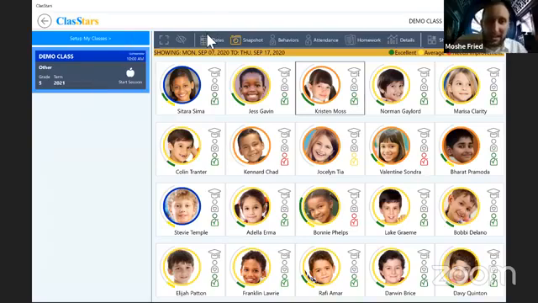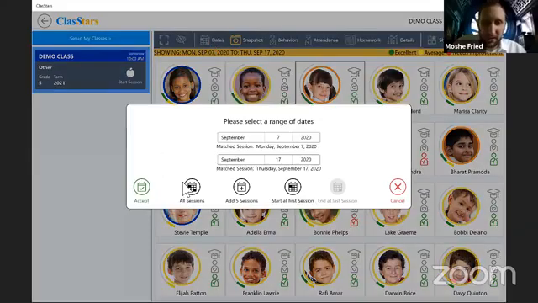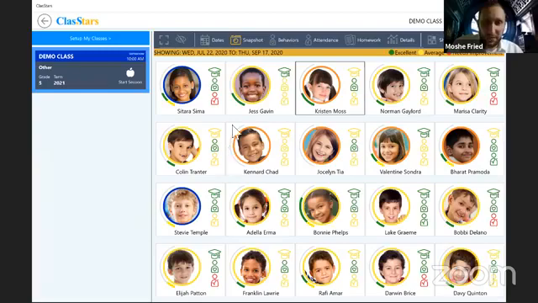Okay, and let's select a nice date range. Let's look at all the sessions. Let's pull out the data from all of the sessions. I want to see how these kids are doing from the beginning of the year. So we're going to hit the all sessions button over there. And now you see it's nice and colorful. So the top two icons are going to show you, here are green. That means that Satara is doing well. In attendance, she's doing poorly. And we're going to find out more about that in a minute.